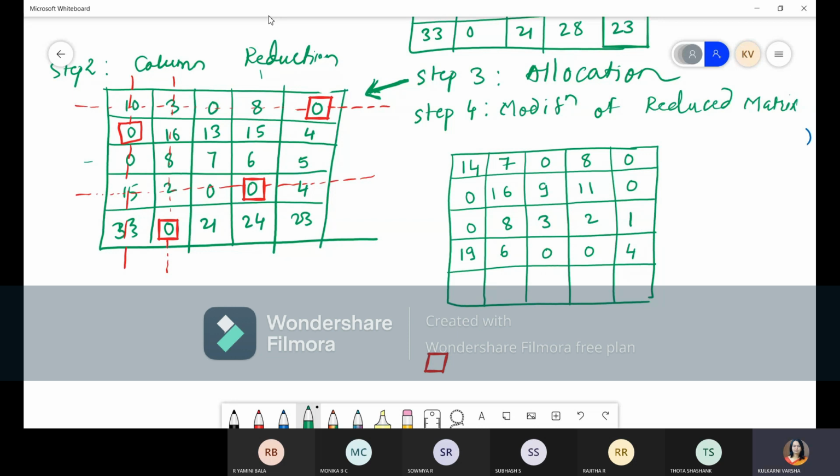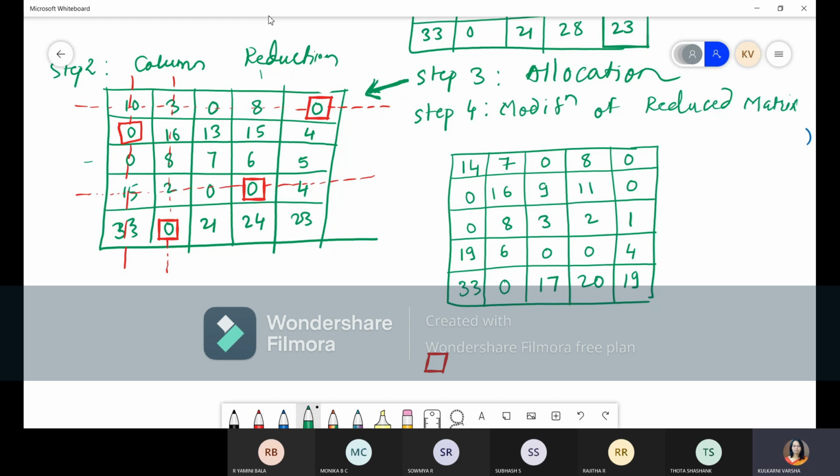Okay. And now in the last one, see, this is single cross, so as it is. This is also single cross, so as it is. This is uncrossed, so we have to subtract that 4. So this will be 17, this will be 20, and this will be 19. So now we got the next matrix, right? Now on this matrix, we have to do the allocation.